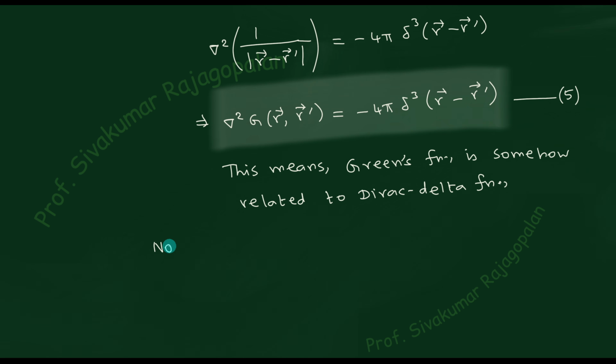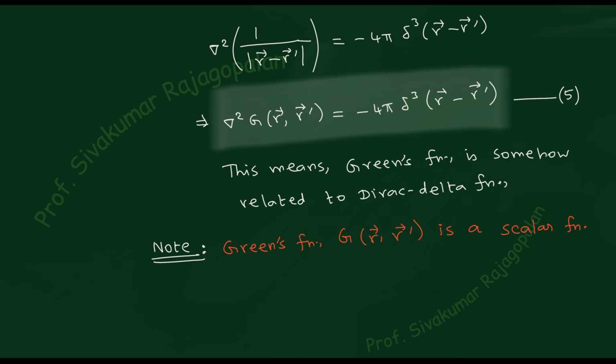So once I write that, we can make some comparison with the Poisson equation. The point to be noted is that the Green's function, what is written down as capital G of r comma r prime, is a scalar quantity. So that is one thing. Now once this is clear, as I just told you, equation number 5 is looking like